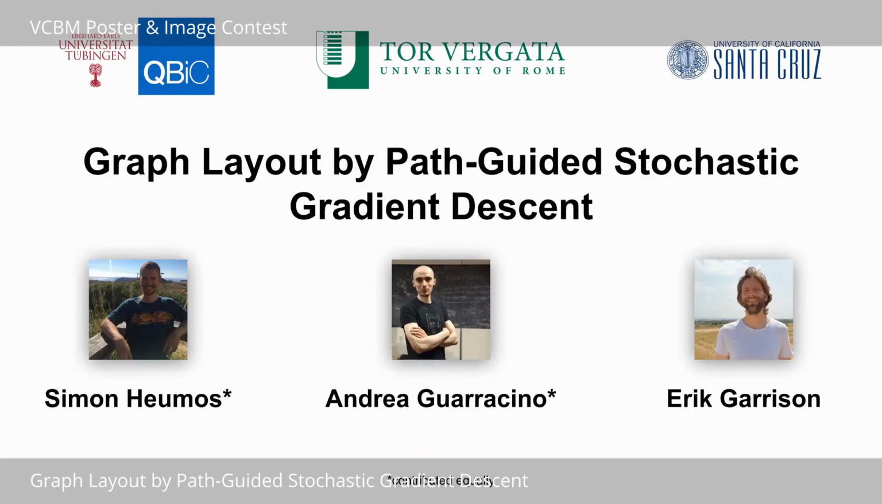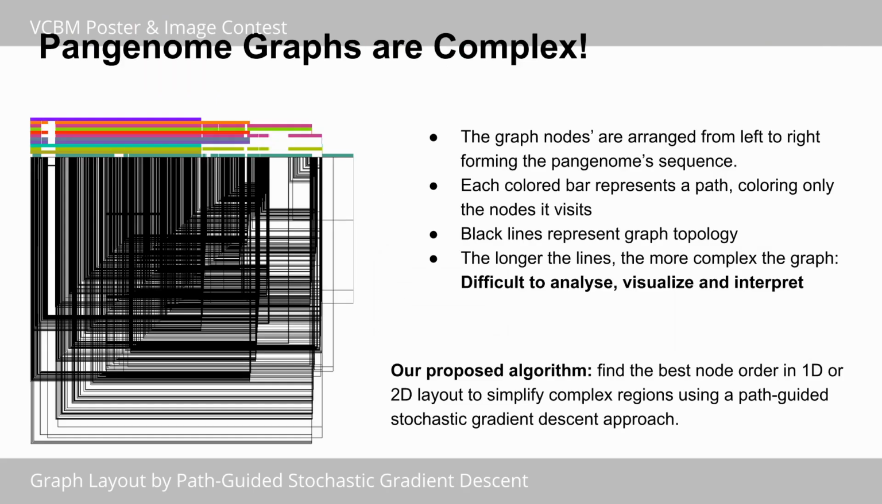I would like to present Graph Layout by Path-Guided Stochastic Gradient Descent by Simon Hoymus, Andrea Guaracino, and Eric Garrison. Pangenome graphs built from raw sets of alignments may have complex structures which can introduce difficulty in downstream analyses. Our proposed algorithm aims to find the best node order for a 1D and 2D layout in order to simplify